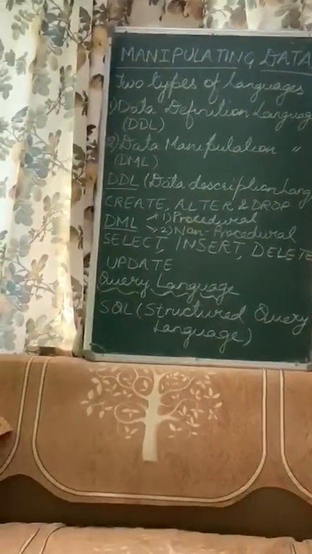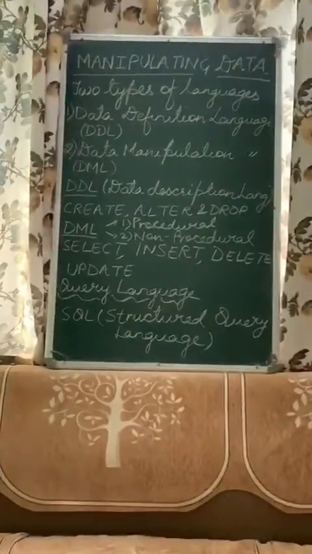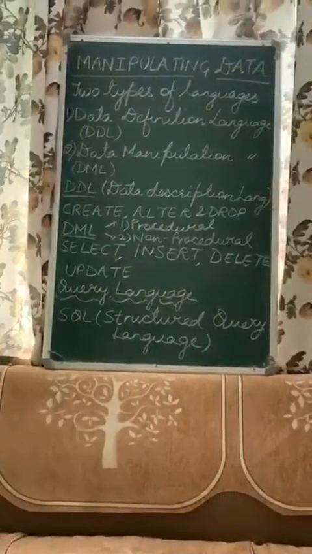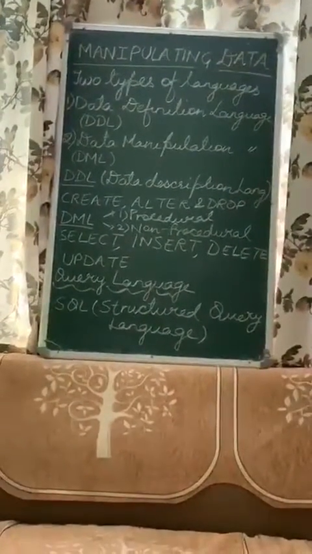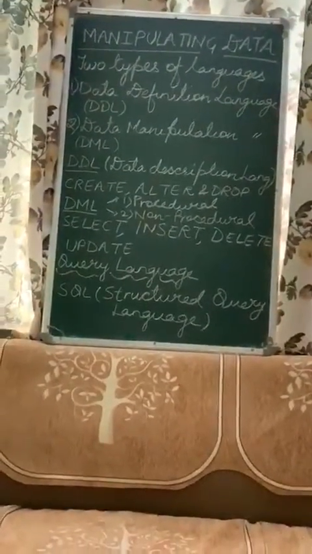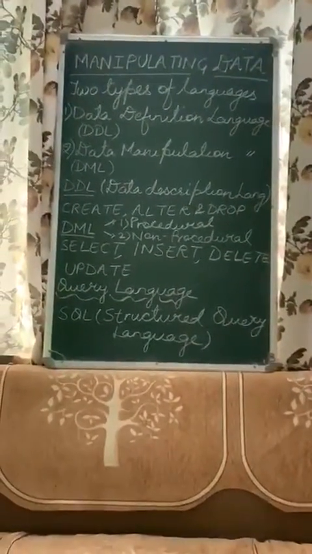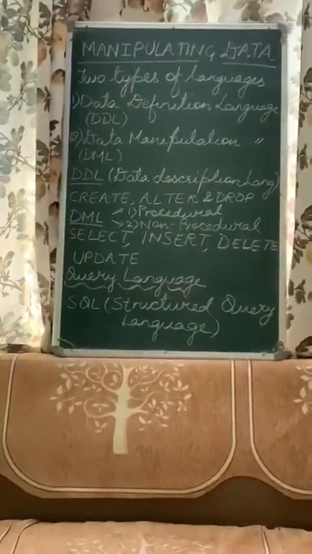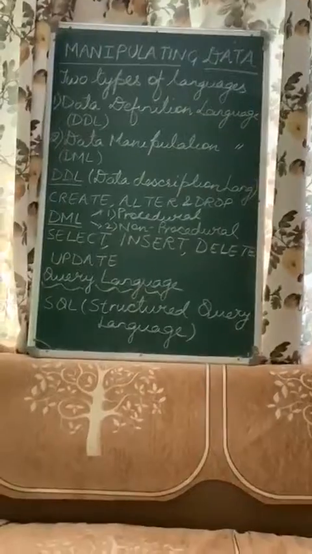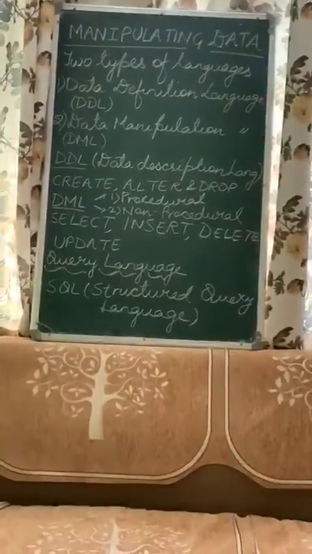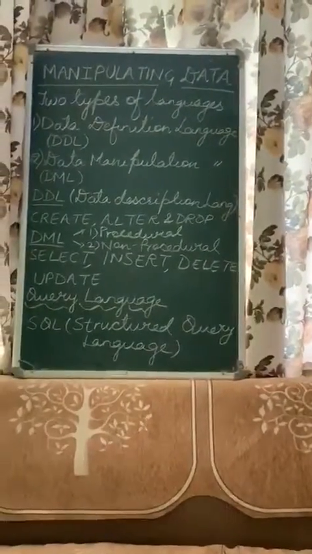The second one is data manipulation language. The data manipulation language is a language that enables the users to access and manipulate the data in a database. Access means you can see that data, you can have access to it, and then you can make changes to that data. Basically the main goal is to provide human interaction with the system, how you are able to interact with the data in the database.